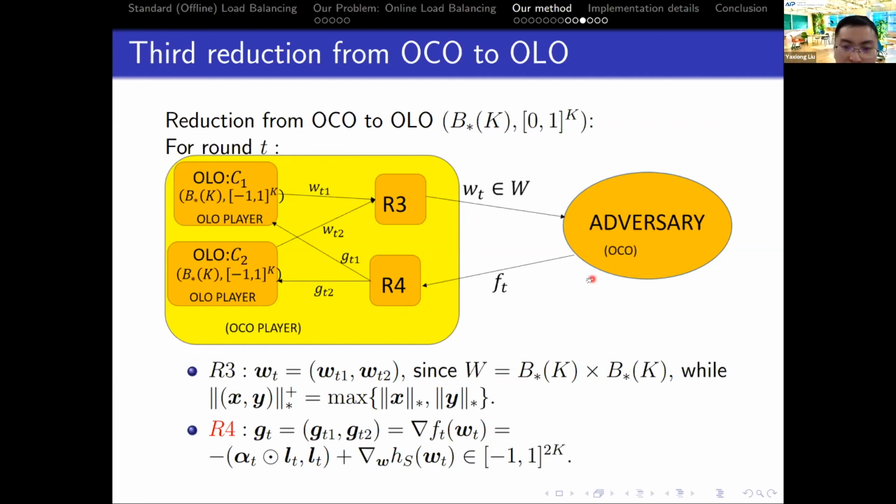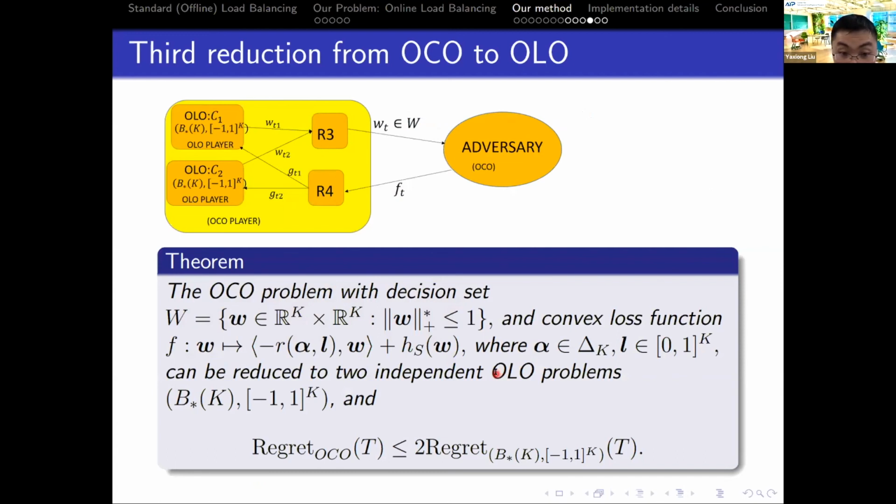And the adversary returns the loss function FT. After the R4 transformation, this FT is transferred as subgradients GT1 and GT2 to the OLO players. Here, R4, you can see here, is the subgradient of FT at point WT. It's defined here. And this theorem shows us that the regret of OCO is bounded by 2 times the regret of the corresponding OLO